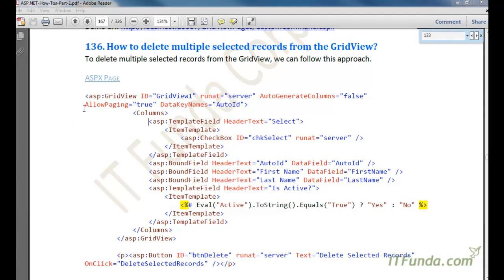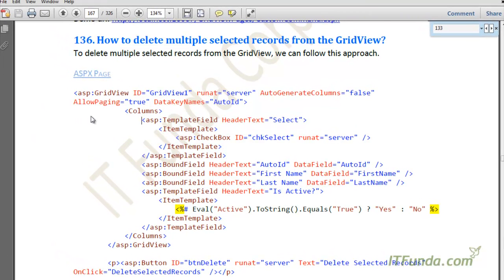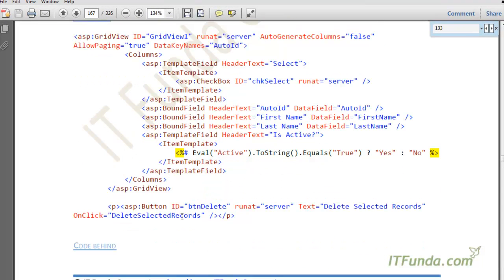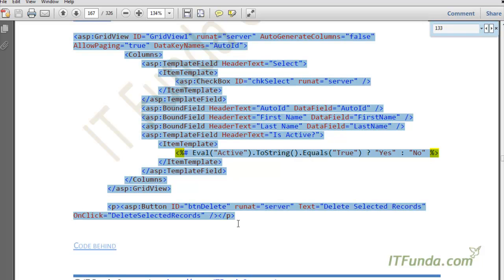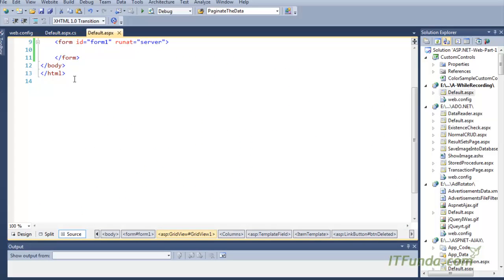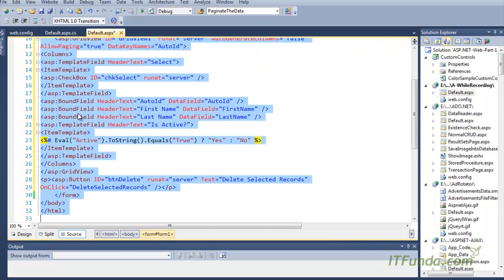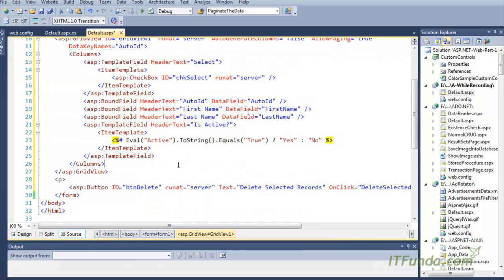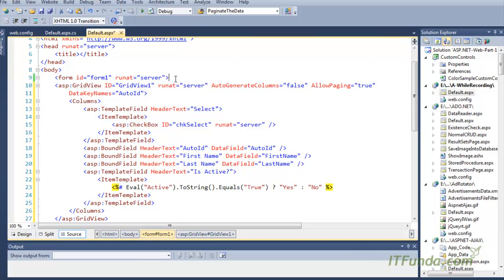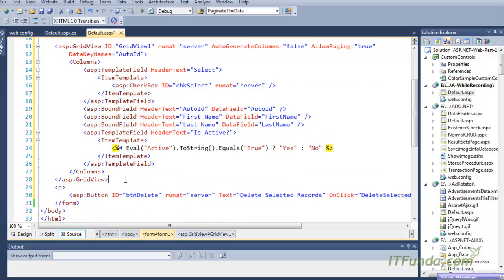So for that purpose, what I have done is that I have a grid view on the ASPX page, and along with that we have a button also. So here is the grid view code. Let me copy paste it on the ASPX page and let me format it out. Okay, now here you can see that this is the grid view we have,